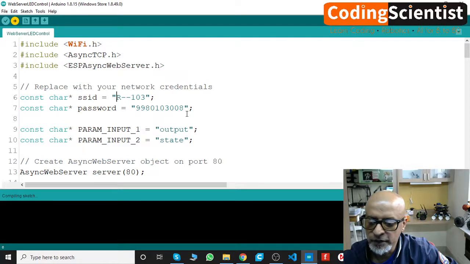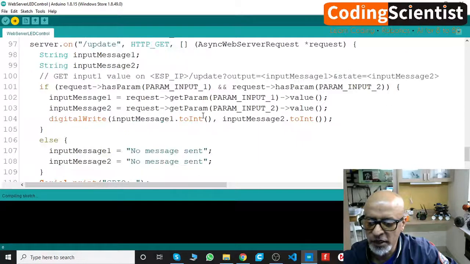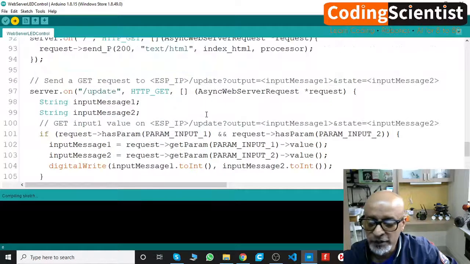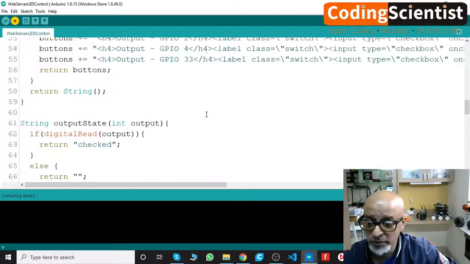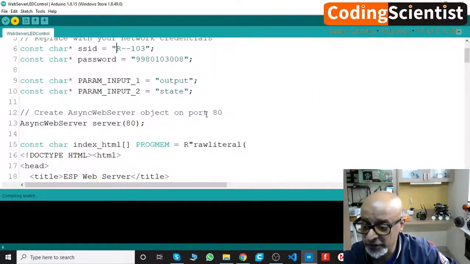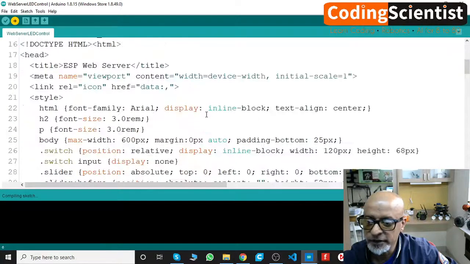It's taking a while. Yeah, it's a pretty heavy code. How many lines? It's about 123 lines of code. So guys, if you have any questions on this code, I'll be happy to walk you through. I'll help you to understand line by line. Do get back to me. Do leave a message. It's still compiling.